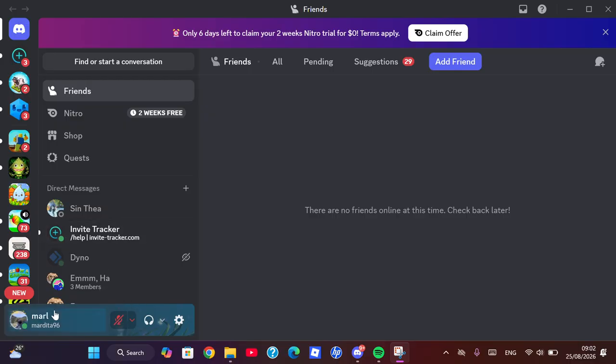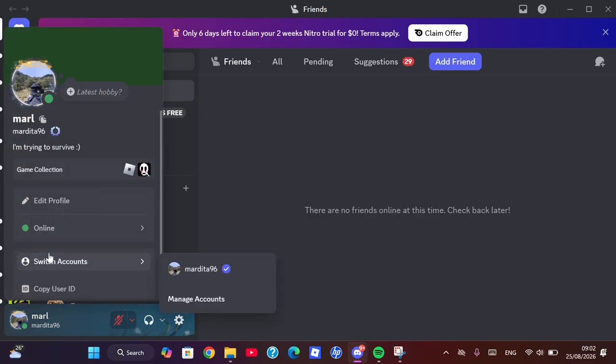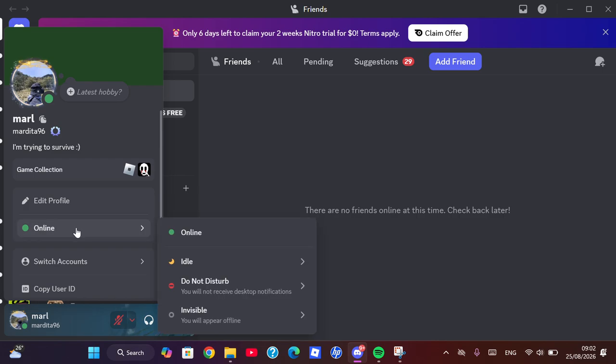And if we want to hide our online status, we're going to select our profile. On your phone, you can choose your profile right here as well, and then you're going to select this online status. Now I'm online and I'm going to hide it. You're going to choose do not disturb or invisible if you want to hide your online status, and I'm going to choose invisible. And here you can select the duration when you want to turn off the online status.